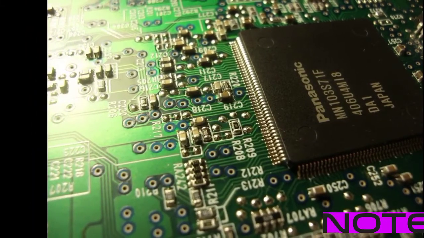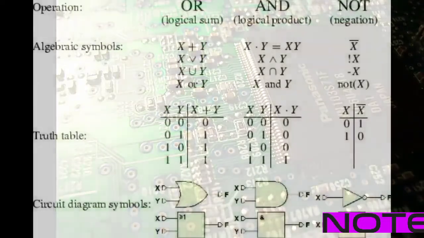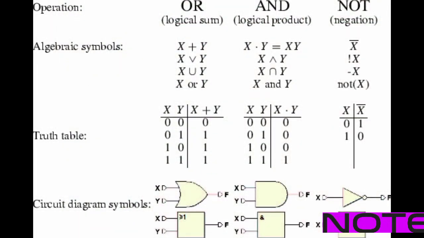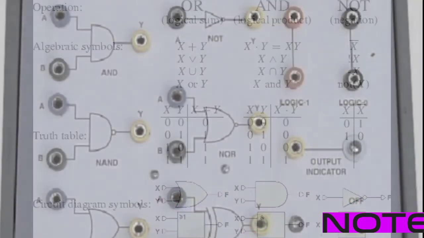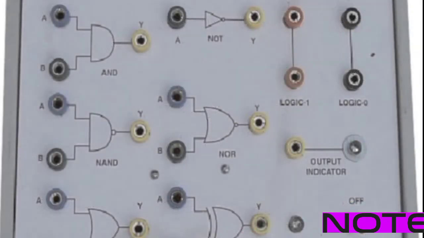There are three basic gates known as the OR gate, AND gate and NOT gate. By combining these gates, it is also possible to develop some other gates. A gate is simply an electronic circuit which operates on one or more signals to produce an output signal. Gates are digital circuits because the input and output signals are either low voltage, denoting 0, or high voltage, denoting 1. Gates are often called logic circuits because they can be analyzed with Boolean algebra.